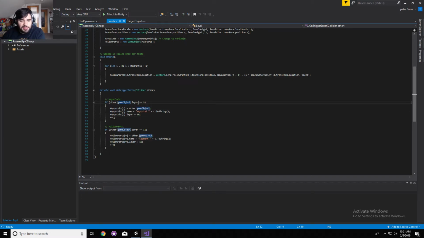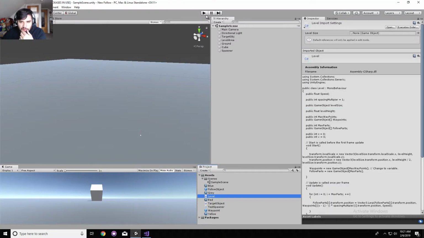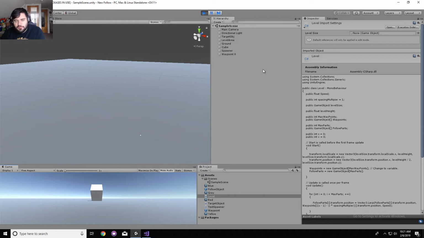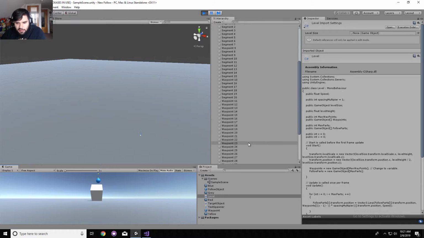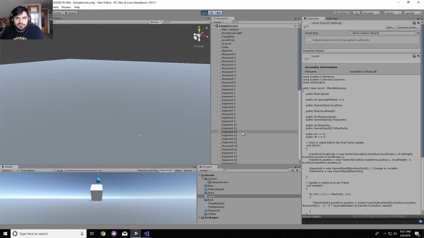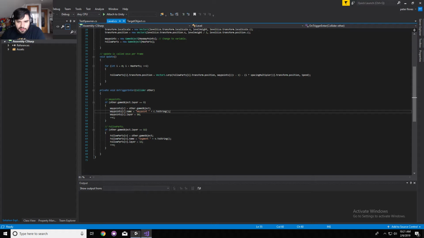So when those objects are instantiated, they're instantiated at layer 9. It finds out if the object is layer 9. It grabs the object, renames it waypoint plus that C variable .ToString. So you can see that right here. So I spawn them, waypoint 0, segment 0, and it's kind of cluttered. I'll find a way in script to create those as child objects of an empty object or something like that. But if we go back into the script,